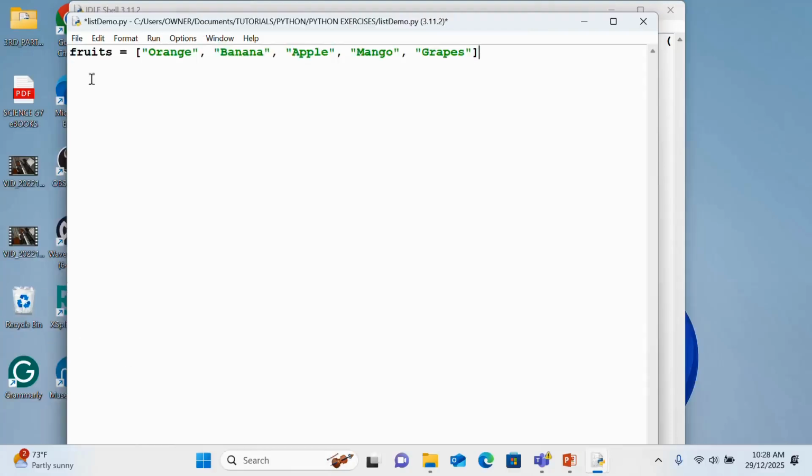Okay, so to define a list, you state the name of the list and then the values enclosed in square brackets. So I have an opening square bracket there and a closing square bracket. Okay, and then the values in there separated by commas. So we've just created ourselves a list of fruits,